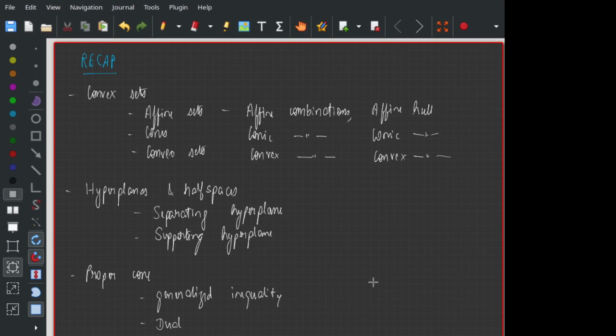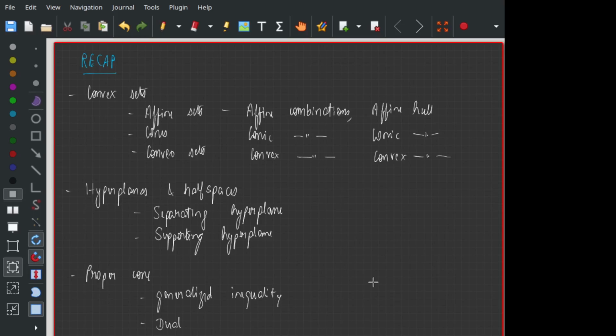In the case of affine combinations, the sum of the coefficients should be equal to 1. In the case of a conic combination, they all have to be non-negative. And in the case of a convex combination, they have to be non-negative and sum to 1. Right? And corresponding to these, you have affine sets, cones, and convex sets, which are essentially sets which are closed under